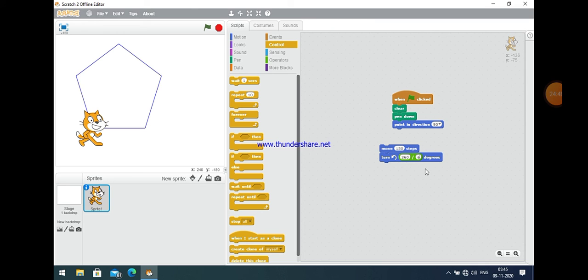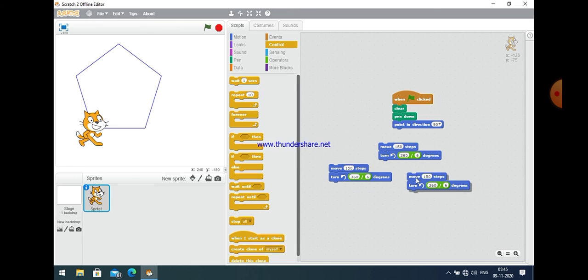So now the last point, hexagon. To create a hexagon, we will repeat this statement 6 times. Just right click on it and make a copy of it, just like that.